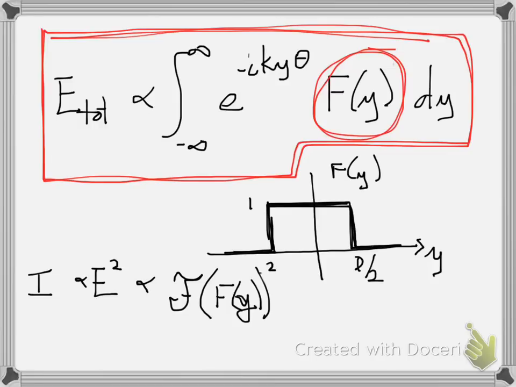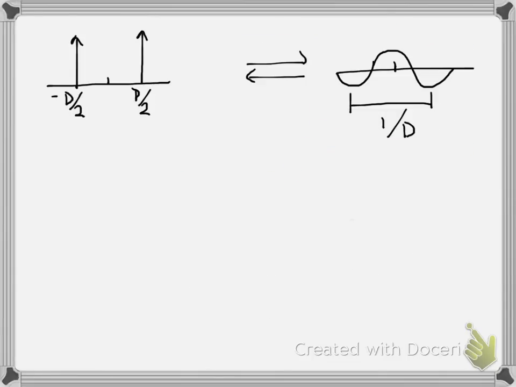Okay, so at this point, I'm going to give you several Fourier transforms, and you should just commit these to memory. The Fourier transform of two delta functions that are spaced d apart is a cosine, where the period of the cosine is equal to 1 over d. The Fourier transform of a top hat function, which we ended up with in the last derivation,